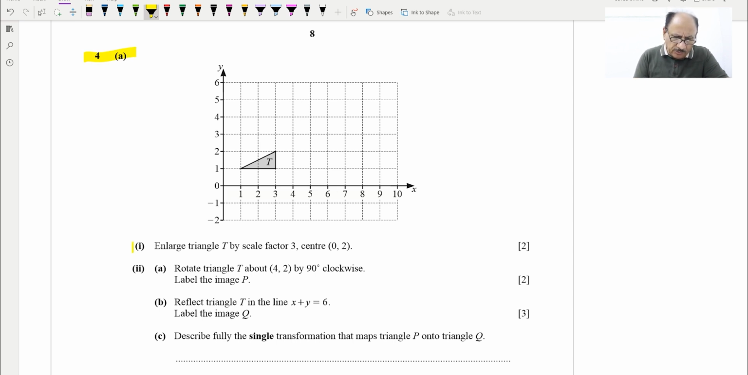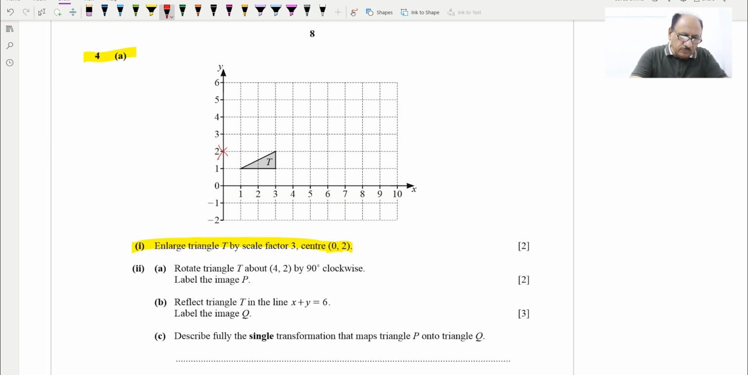This grid is provided and triangle T is also provided. Enlarge triangle T by scale factor 3, center (0, 2). So 0 will be on the x-axis and 2 will be this one. So from (0, 2) we need to enlarge this triangle by scale factor